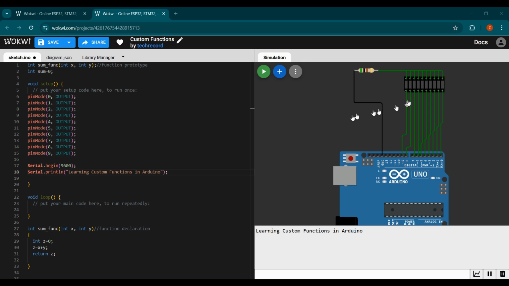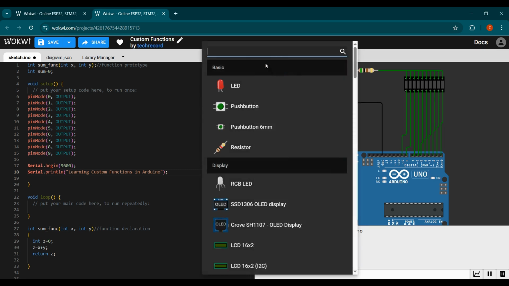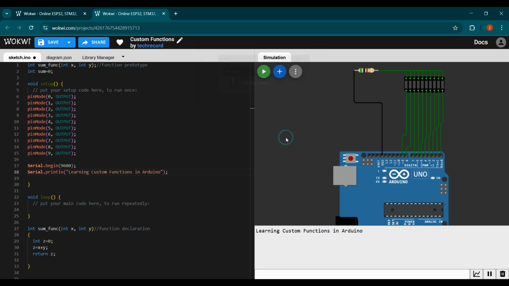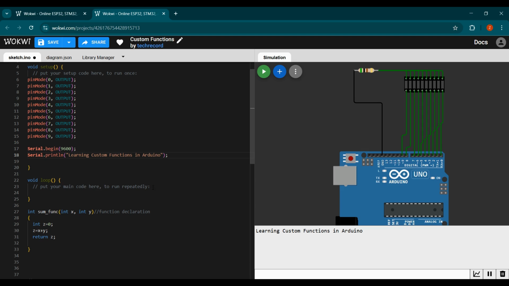graph. So if you want to add a bar graph in your project, simply go to Add New Part, write LED bar graph over here, and click on this. You can add it into your project. Over here, all the pins that are used with the LED bar graph I have declared as output. Now, what will happen is that if we go to the while loop, and let's say